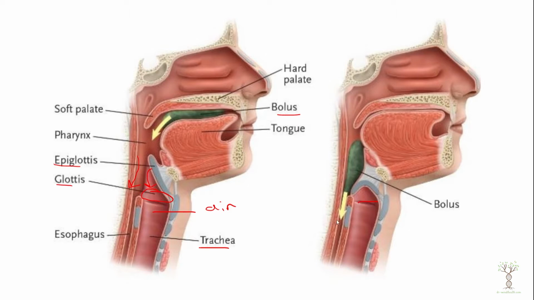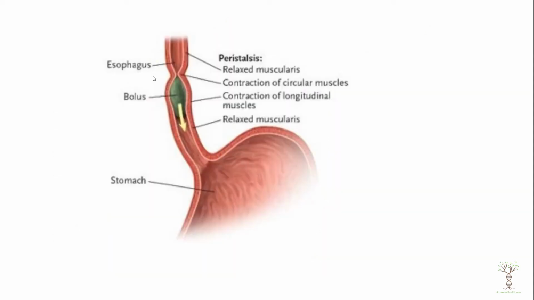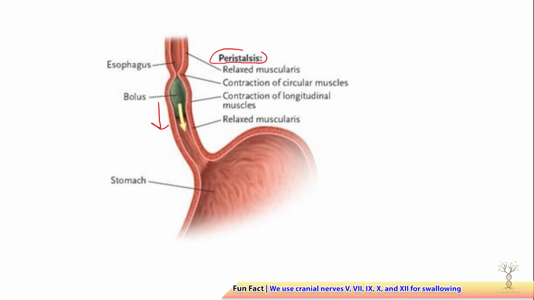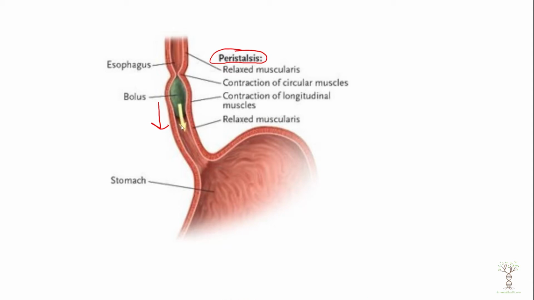Now, we have muscles in the esophagus, circular and longitudinal muscles, that are going to push that bolus of food continuously down the esophagus. And this movement is called peristalsis. So the muscles, circular and longitudinal muscles, are going to contract and relax in a way that pushes the food down. Once that bolus of food reaches the stomach,